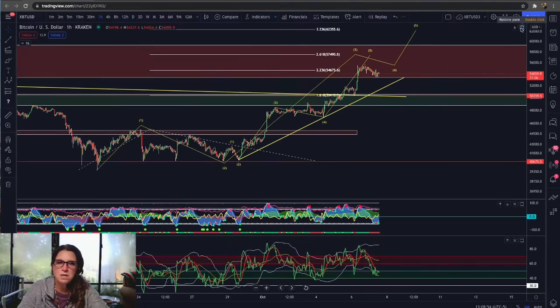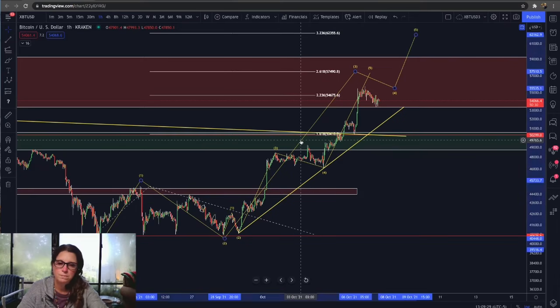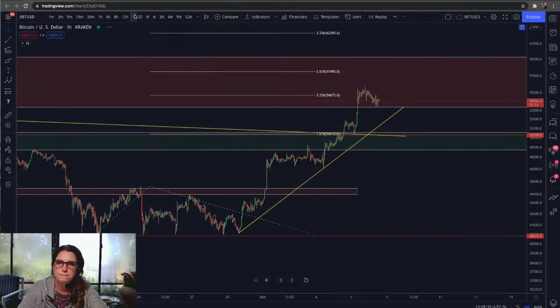Now, I am leaning that most likely we are going to kick to the upside because of how we've reset the 1-hour time frame and we have this bullish divergence here. We need to hold this red line here and not break that 50,300. If we do come down and break it, it's going to invalidate us going higher. Okay, remember that. So let's pan out here and take a look.